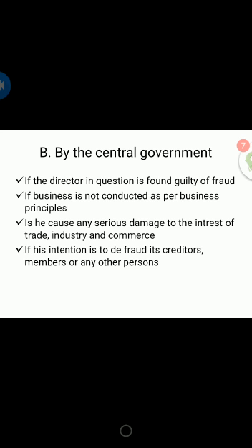The next is, if he causes any serious damage to the interest of trade, industry or commerce. So the company is managed by such a person in a manner which is likely to cause serious damage to the interest of trade, industry or commerce. Here you are doing such things that harm the goodwill of the company. In such a case, the central government may order the director to vacate his office. The next is,